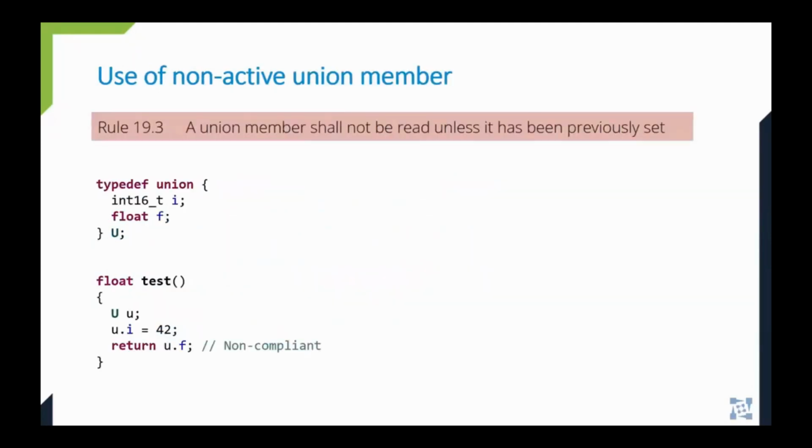So let's go through some of these in more detail. First, there is a new rule: a union member shall not be read unless it has been previously set. When a union member is written and then a different member is read, we generally get implementation-defined behavior. And if the member that is read is wider than the one that has been written to, the read value is unspecified, or in case of C90, it is